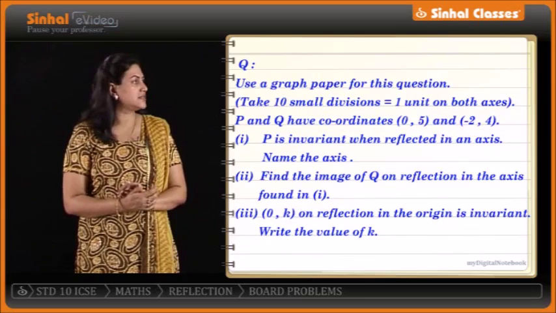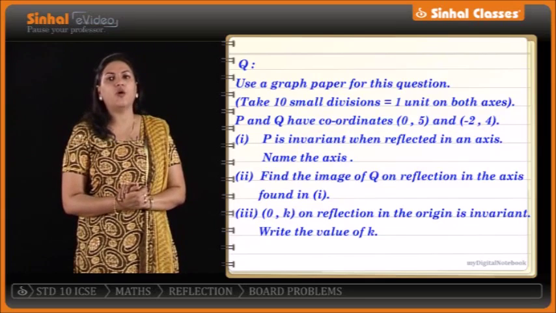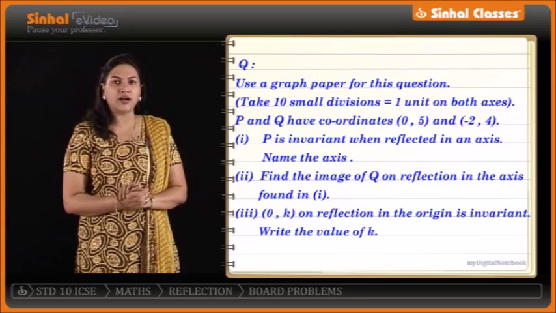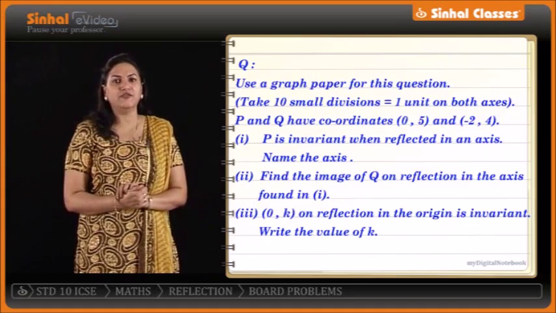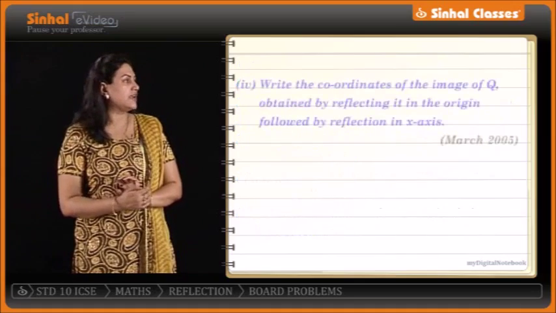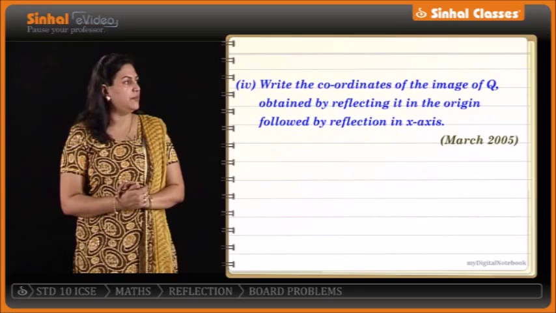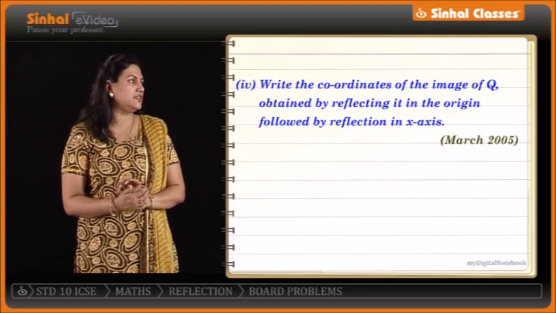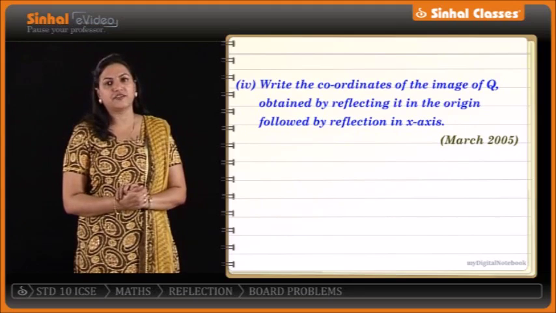Name the axis. Find the image of Q on reflection in the axis found in 1. Also, 0, K on reflection in the origin is invariant. Write the value of K. Write down the coordinates of the image of Q obtained by reflecting it in the origin, followed by the reflection